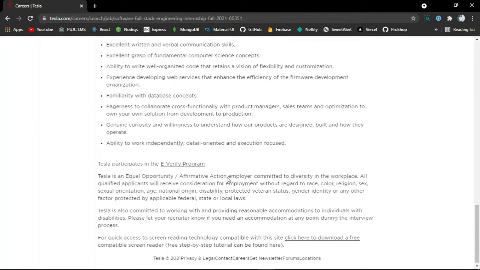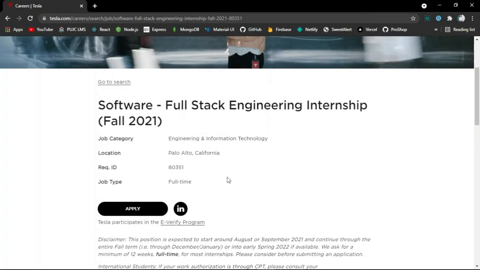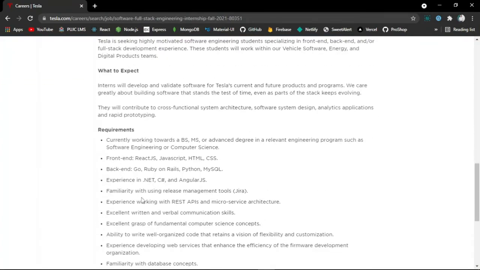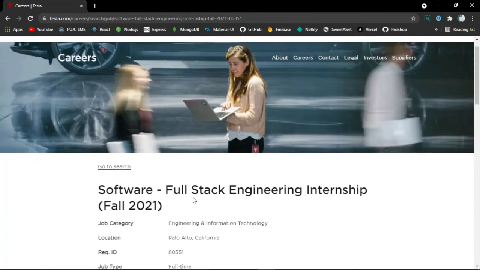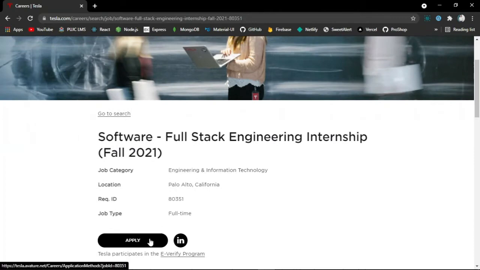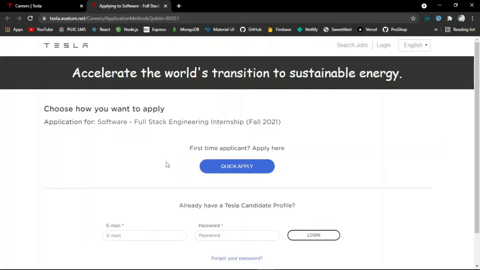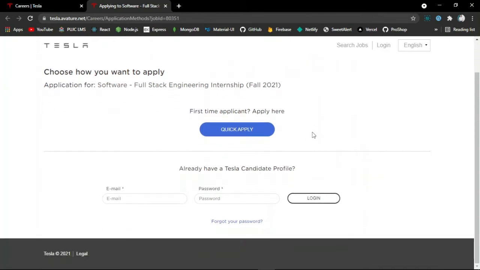After finding the relevant position, just click on the apply button and it will lead you to the registration page, where it will ask you to sign in or sign up accordingly. If you are already a Tesla candidate, which means you already have your credentials, then you can sign in with your own credentials.